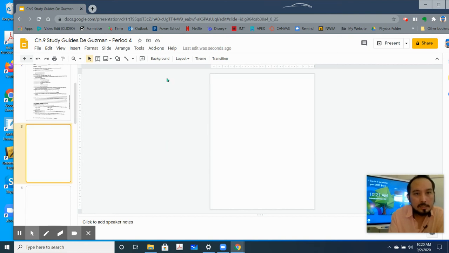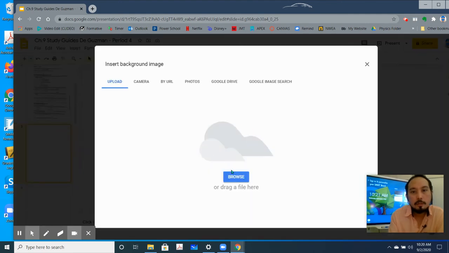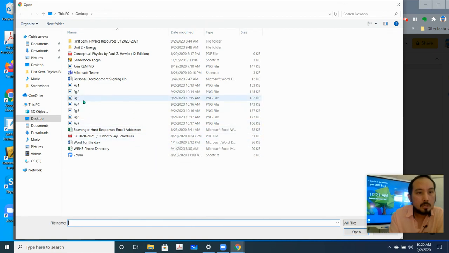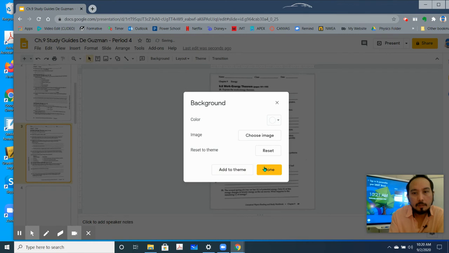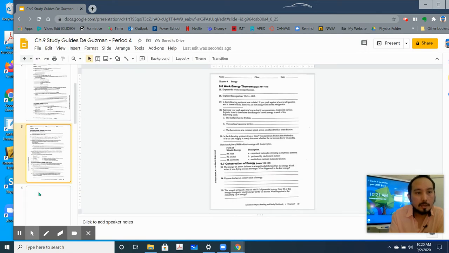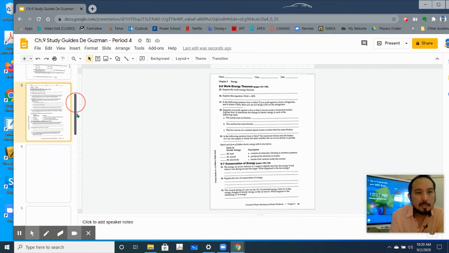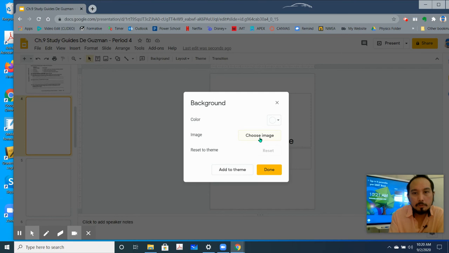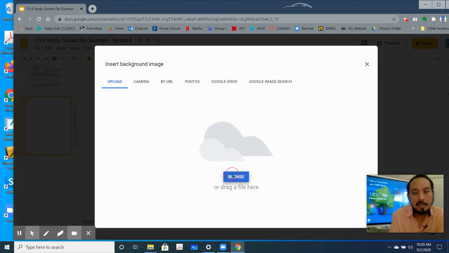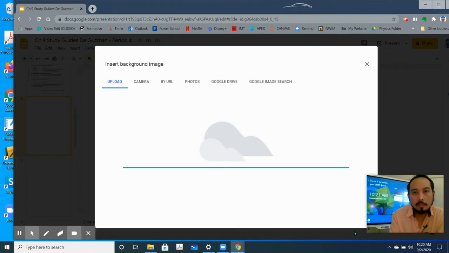Page 3, once again, I'll click on background, choose image, upload the image, and then I'll click on page 3. Okay, click on done. And then I'll move on to slide number 4. Okay, so click on background, choose image, upload that image, which is page 4. Click on open,